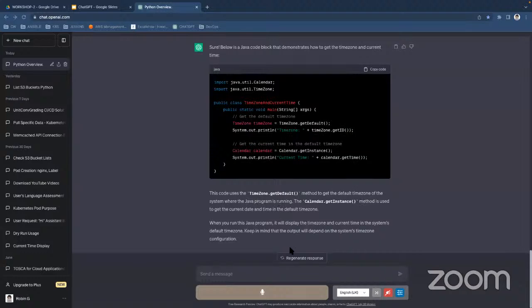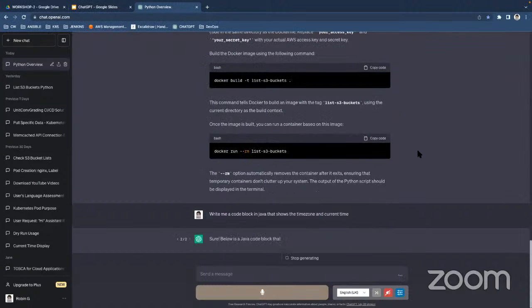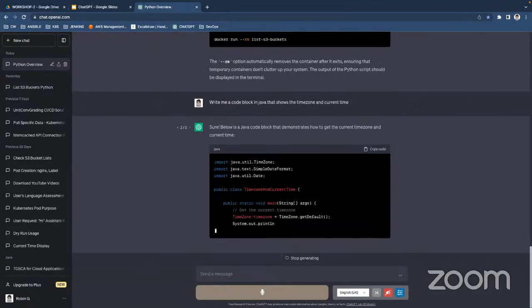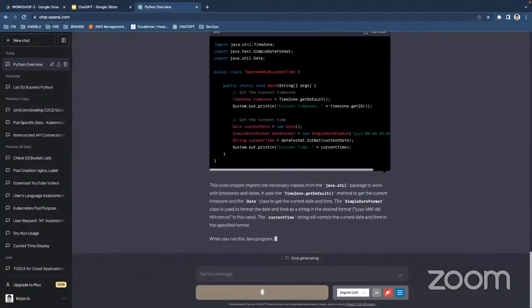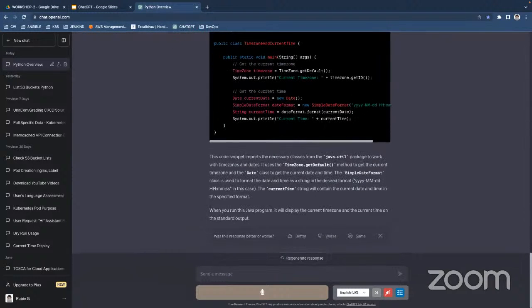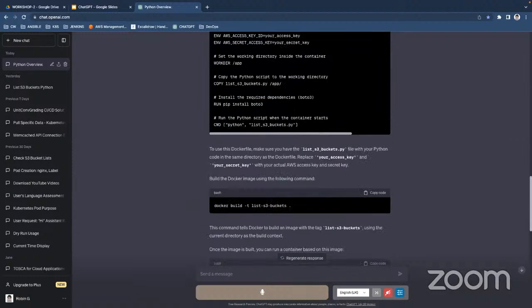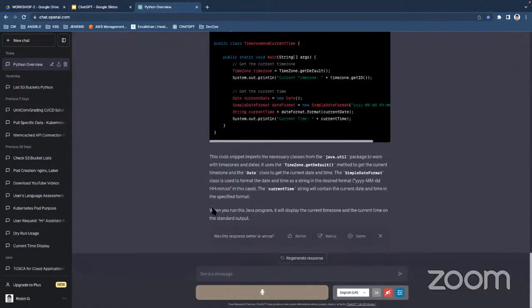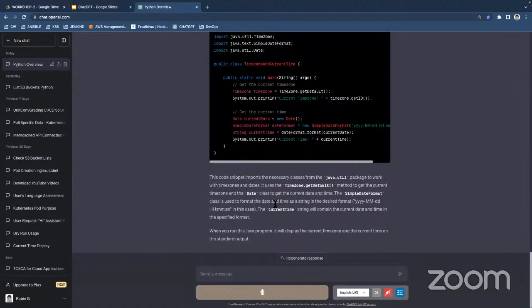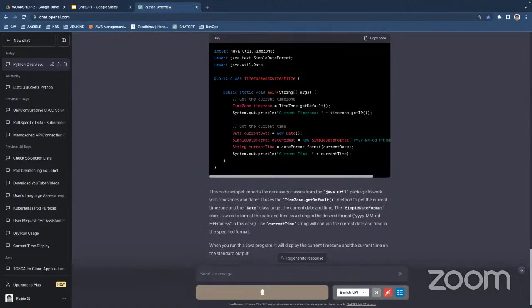Okay, so if I don't like this code block, I can regenerate it as well. So it's going to give me a different thing. Here, this is something different from this one, right? Sometimes it's going to give you something better, or let's say worse, so it's up to you guys.